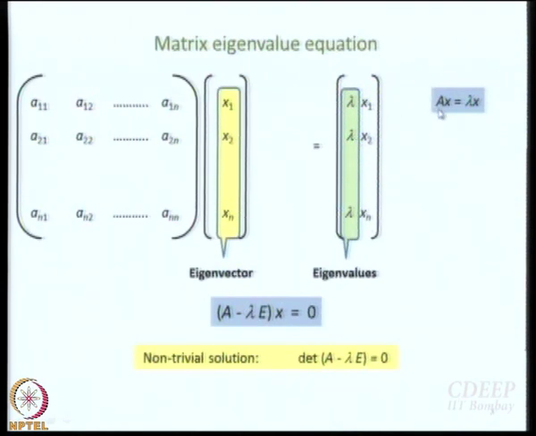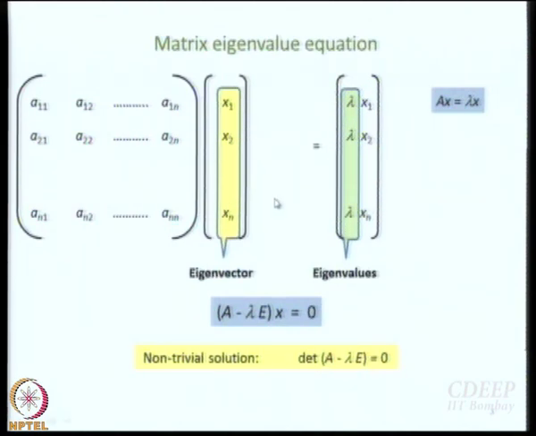And when that happens, you write it in a matrix eigenvalue form, Ax equal to lambda x. A is the square matrix, x is a column matrix consisting of x1, x2, etc. Lambda is the eigenvalue, a constant scalar, and then again you have x. So, the small x is also a matrix, do not forget that, right, eigenvector, eigenvalue.